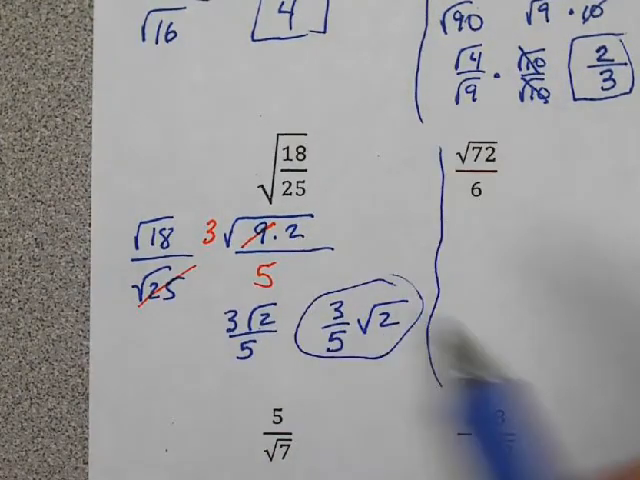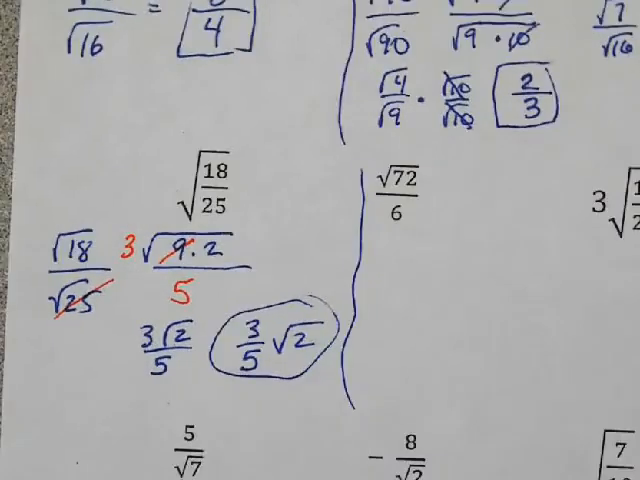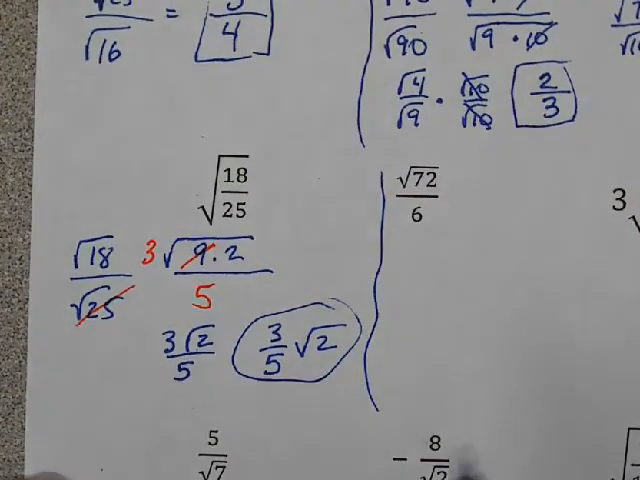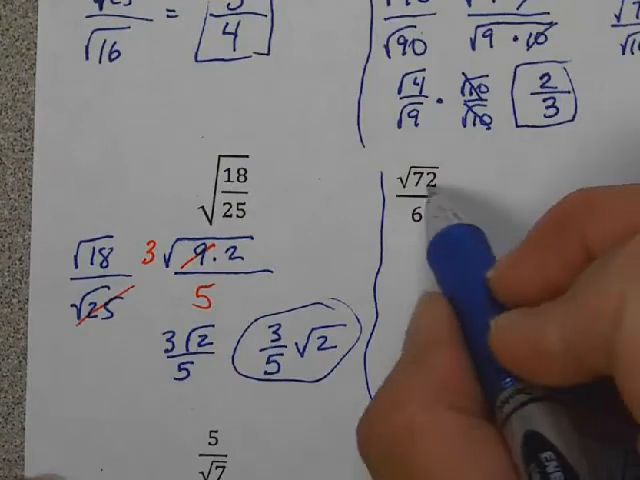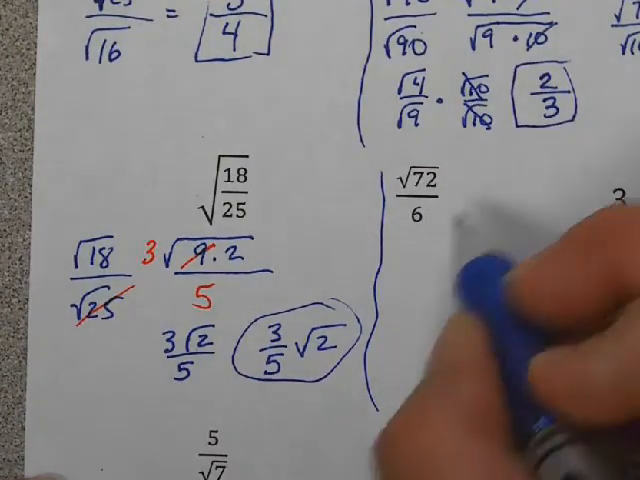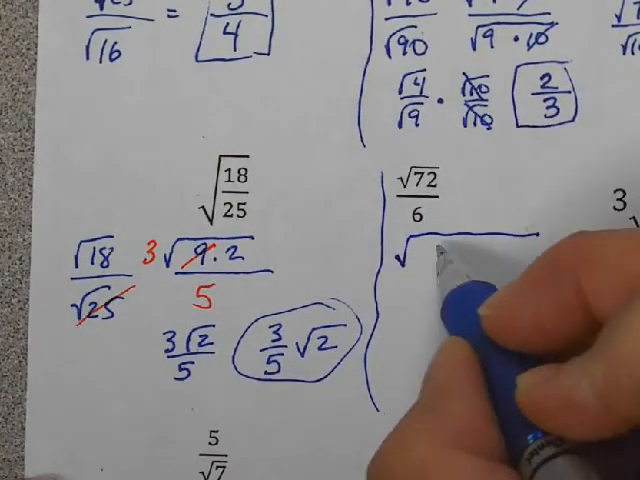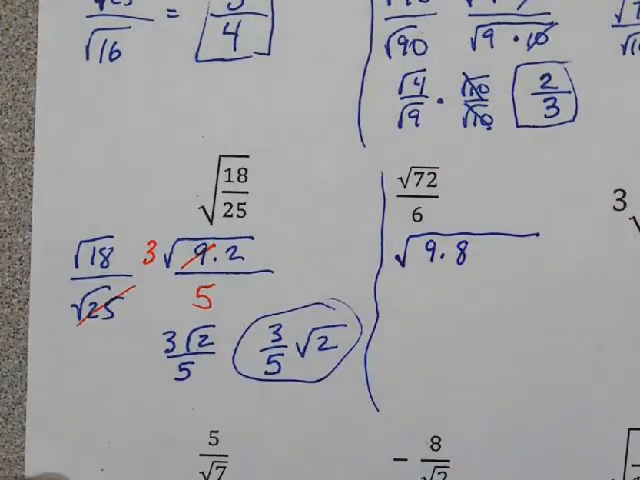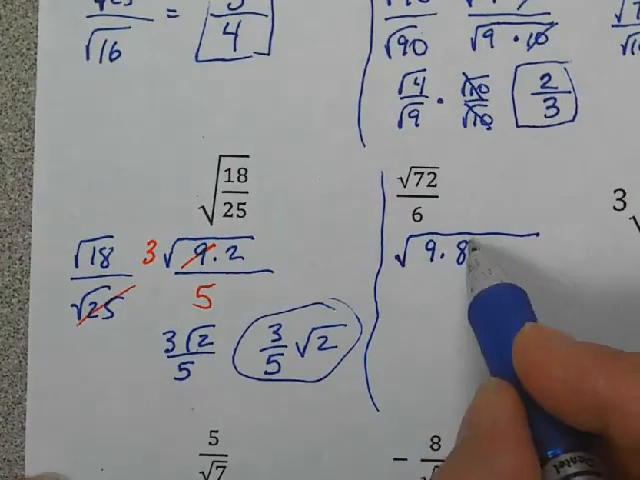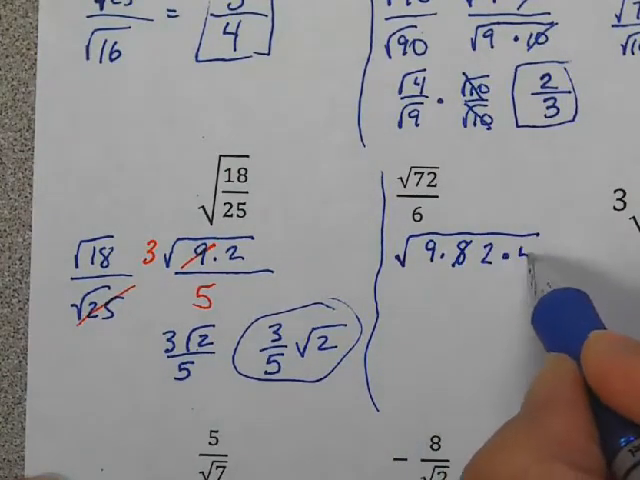Okay, let's do this one. Square root of 72 over 6. I want to try to break up 72 so that I can get some perfect squares and some prime numbers. So 72, I'm going to make 9 times 8. 9 I'm going to keep because it's a perfect square. 8 I'm going to factor again. I'm going to do 2 times 4